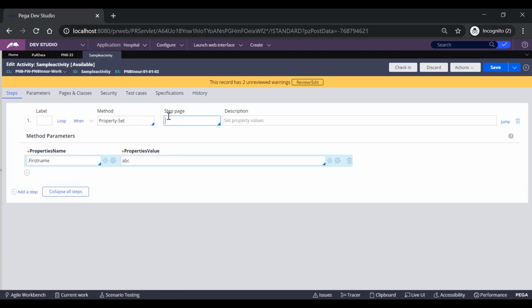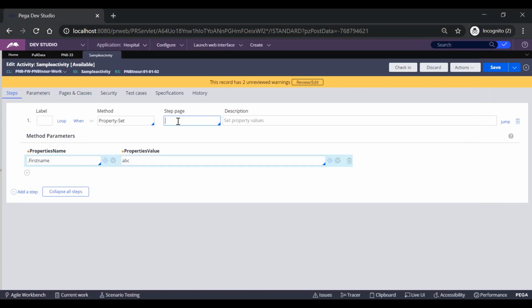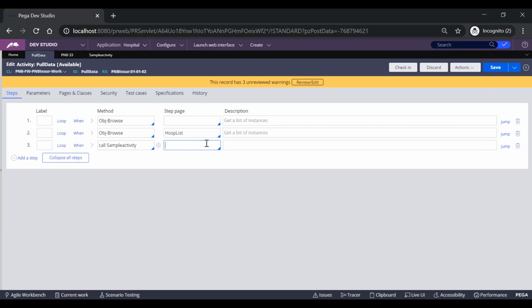And the next activity, the sample activity, the child activity here, is also not defined with any page name, meaning it will take the primary page where the step page is being executed. So in this case, the step page here should be run record primary page, and this will act like a parent to this activity execution.